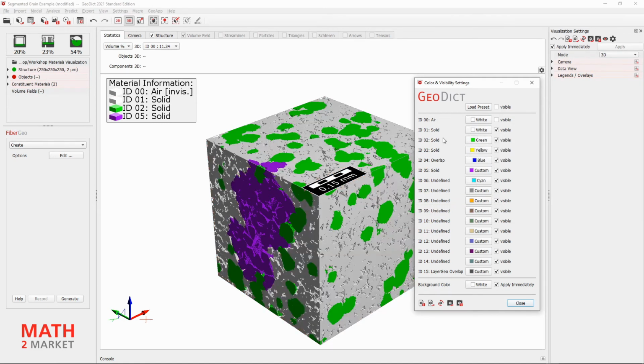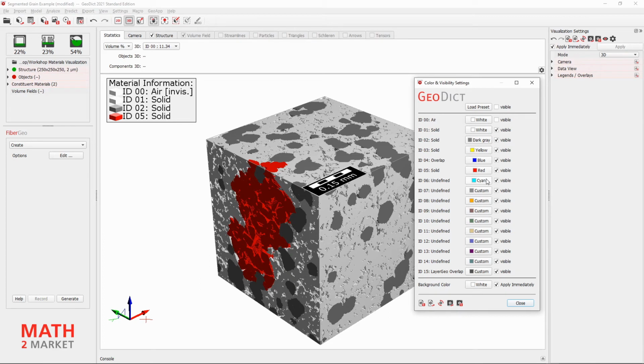This produces the least contrast against the white background, since we don't want to attract the viewer's attention to the small grains. For material ID 2, the medium grains, we click on the color button, currently green, and select the dark gray. This is a solid contrast against the white of the small grains. Next, we define the highlight color for the clustered grains with the material ID 5 that are currently purple. To comply with the corporate design guide here at Mass2Market, I will choose our corporate color, red.